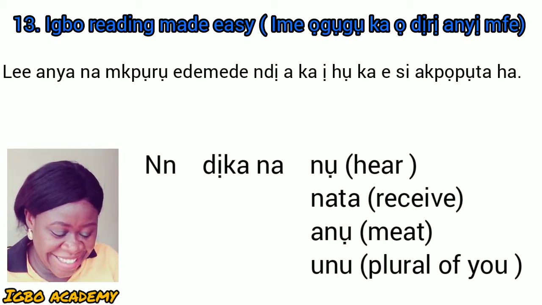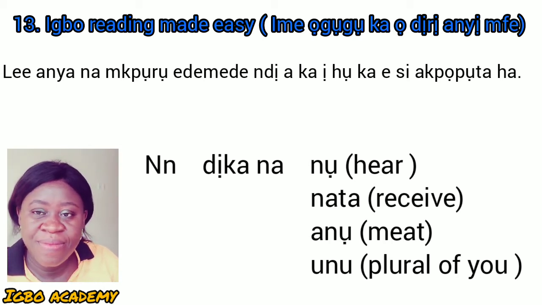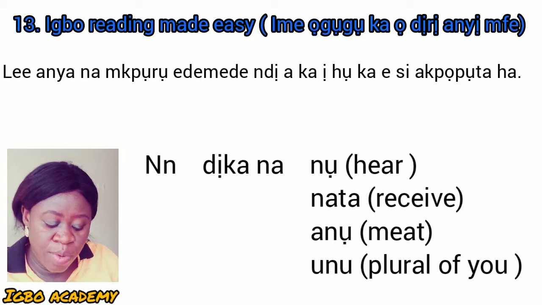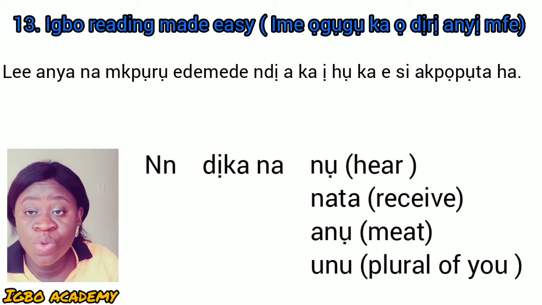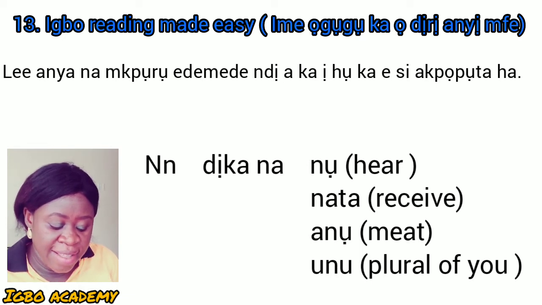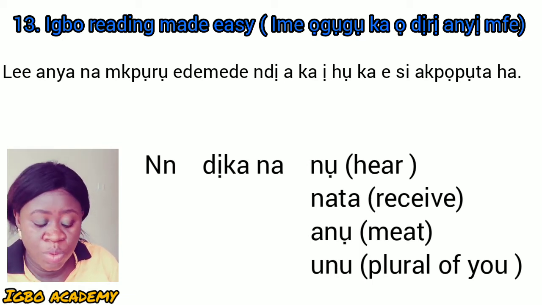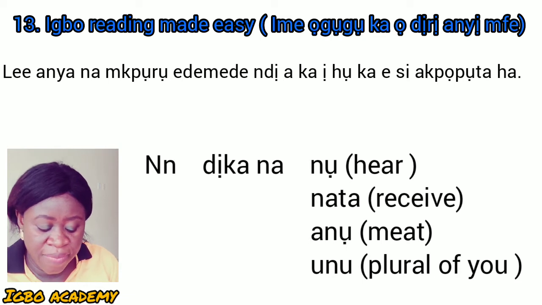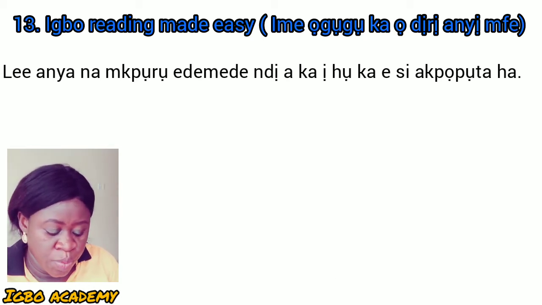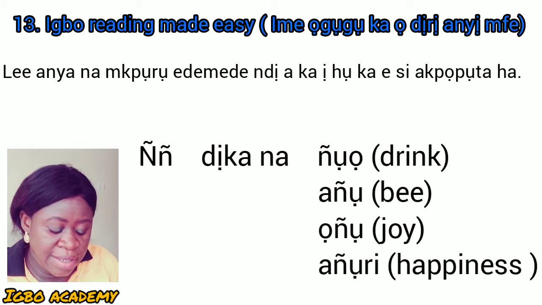Then the next, anu means meat. Unu is the plural of you. So you have N, dika na no. No means to hear. Nata, receive. Anu, meat. Unu, you. Then the next is